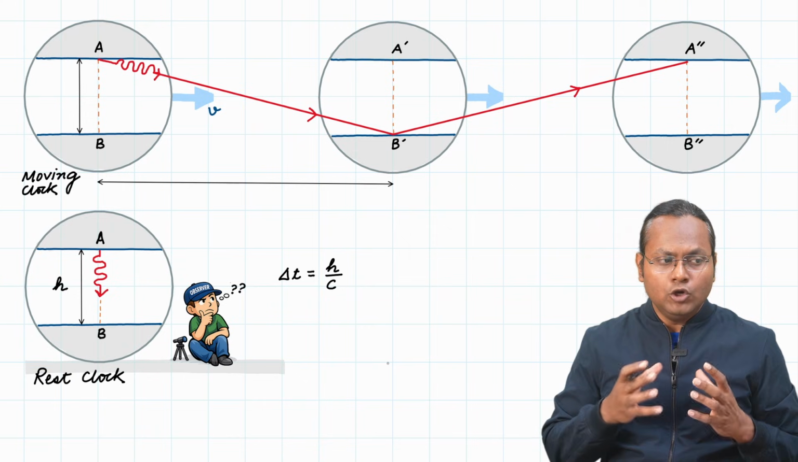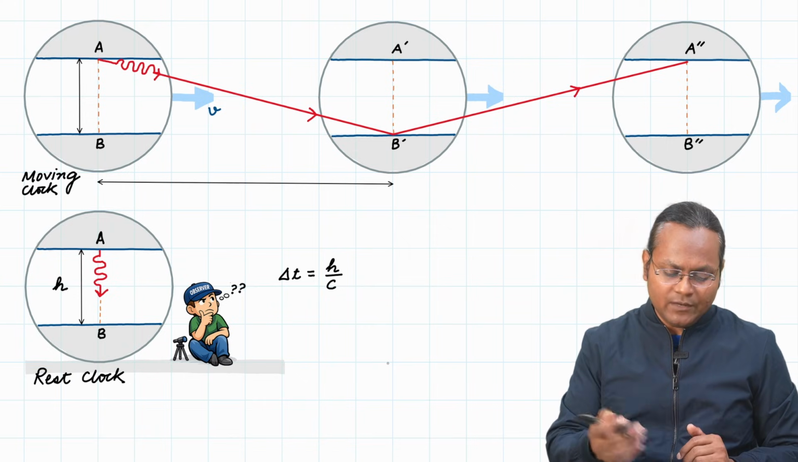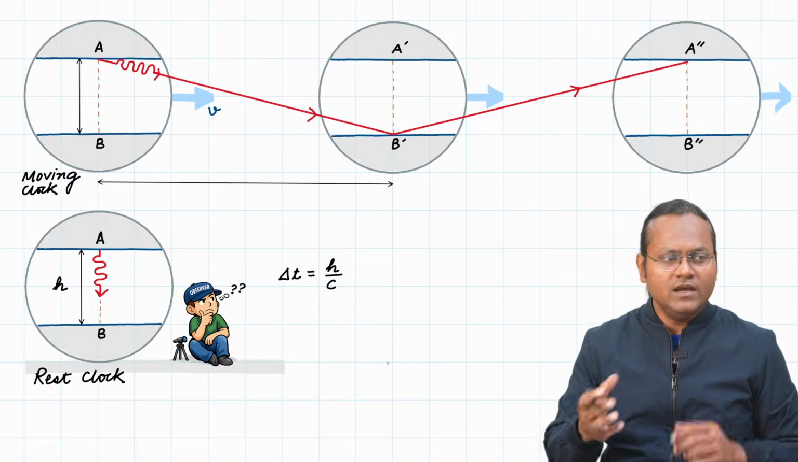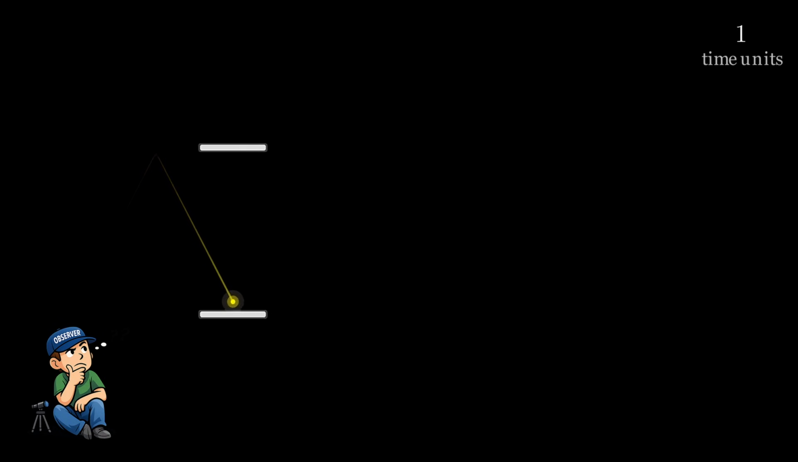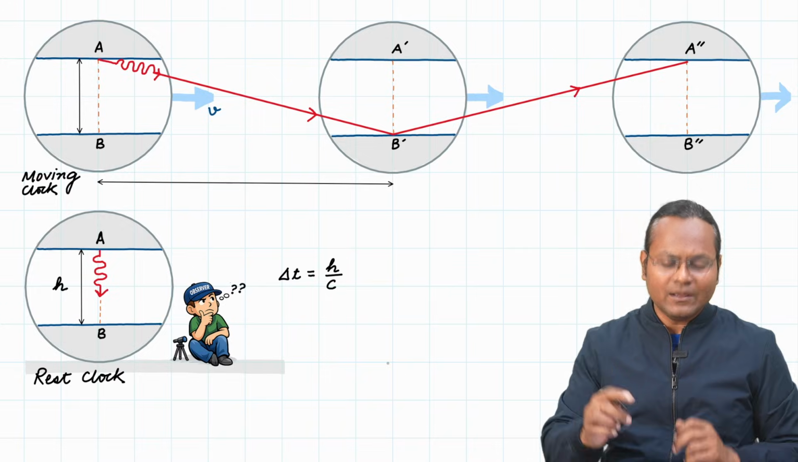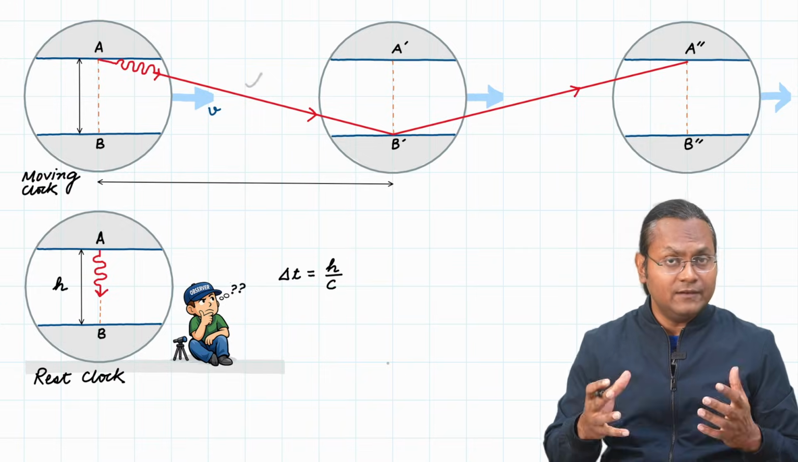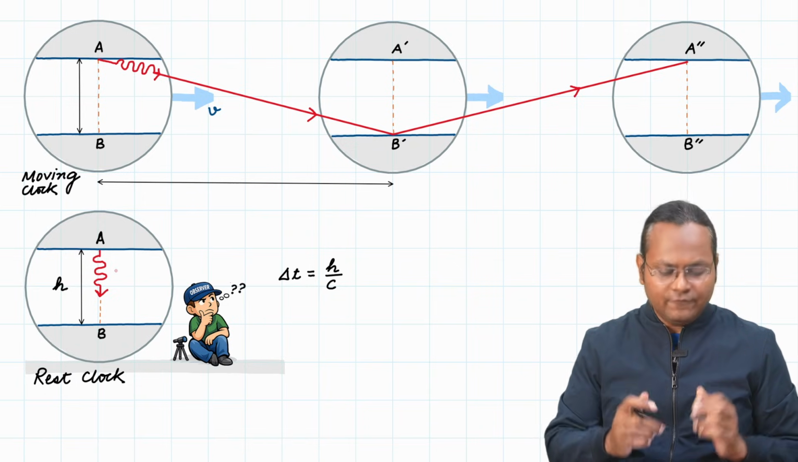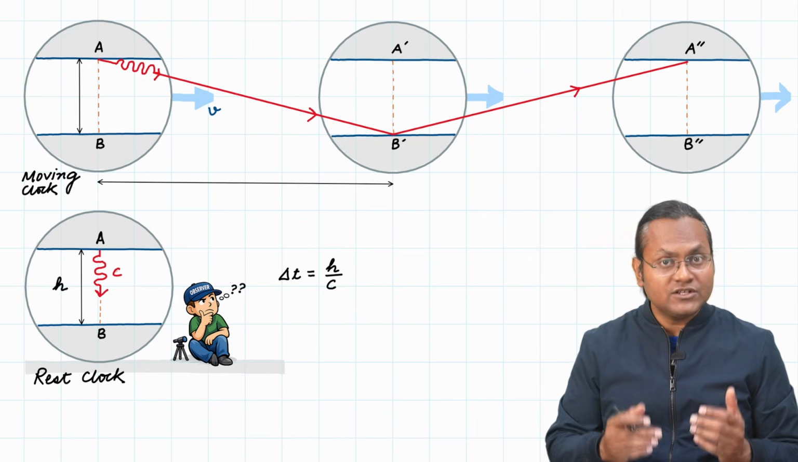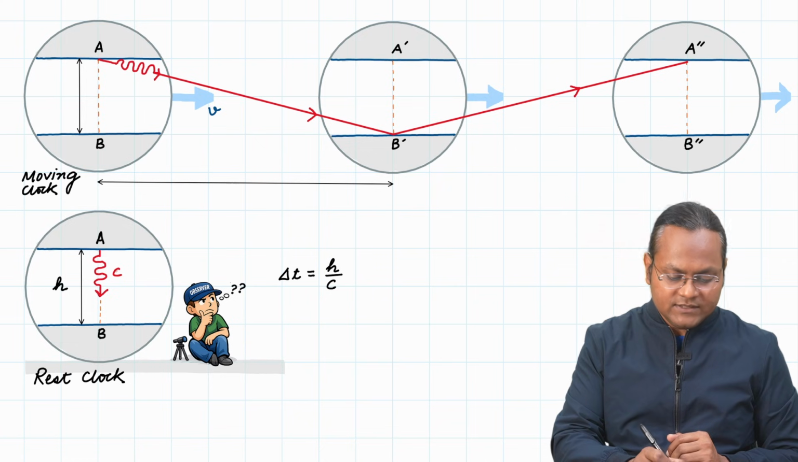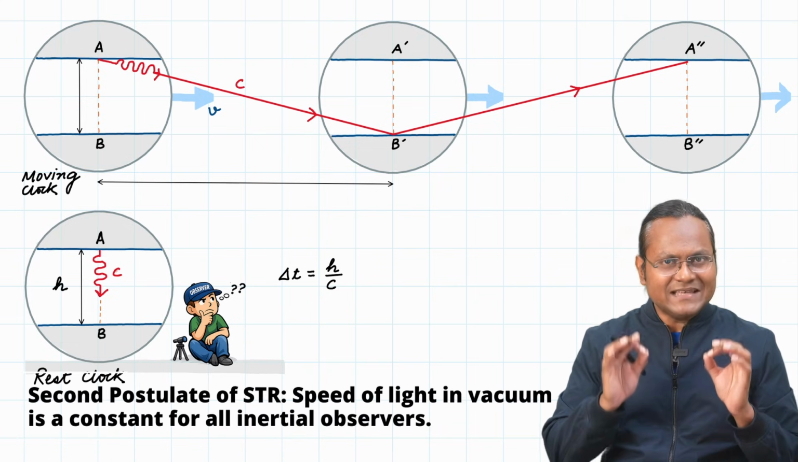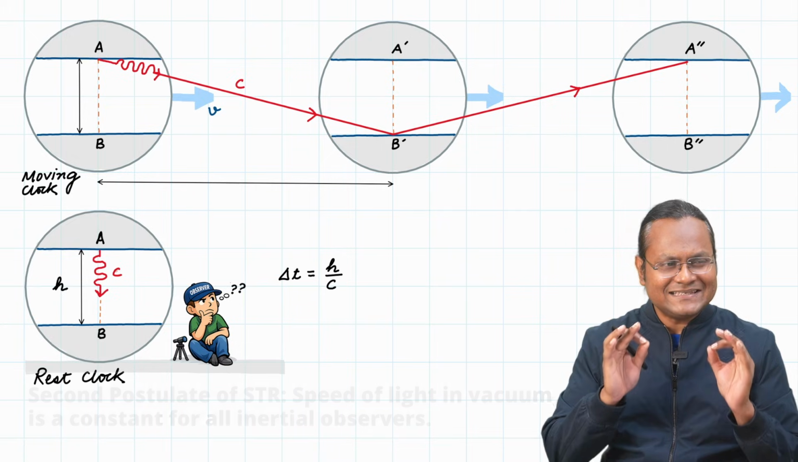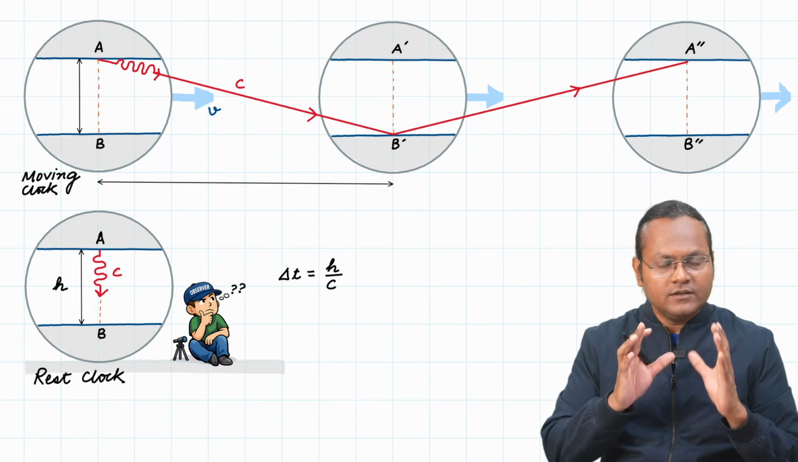Now, if the observer looks at this clock which is in motion at a particular velocity v, then clearly the path traveled by this light photon in the moving clock configuration is a slanted path. It's a zigzag pattern which is given by this red line. Now, the crucial assumption here is the second postulate of relativity, that the light photon has a speed c in the rest clock and it also has a speed c in the moving clock. Now, this is the fundamental assumption,